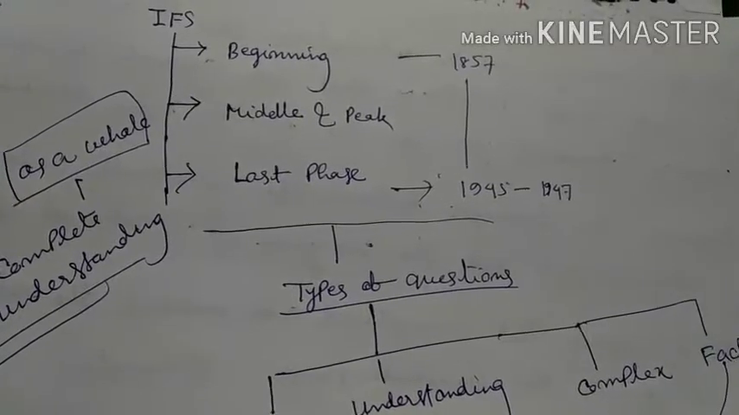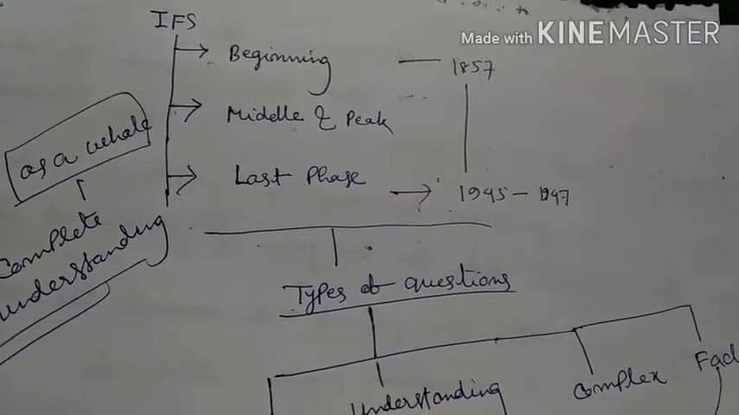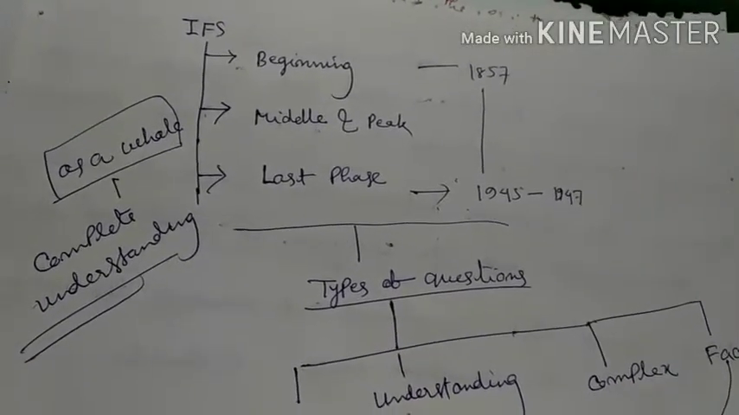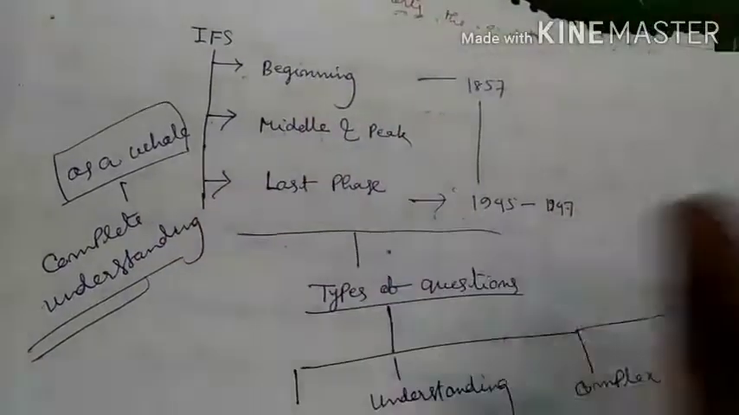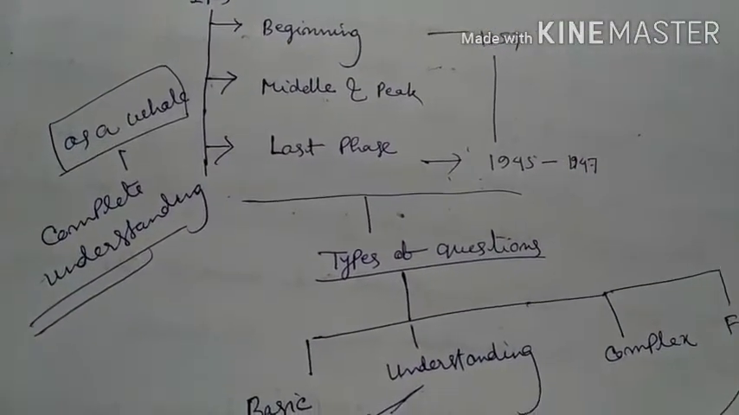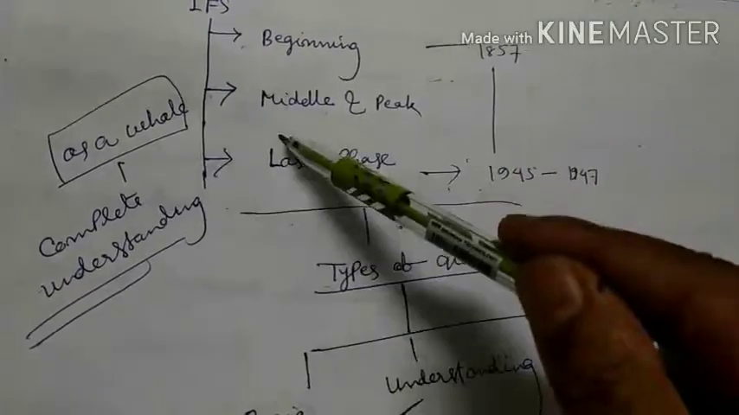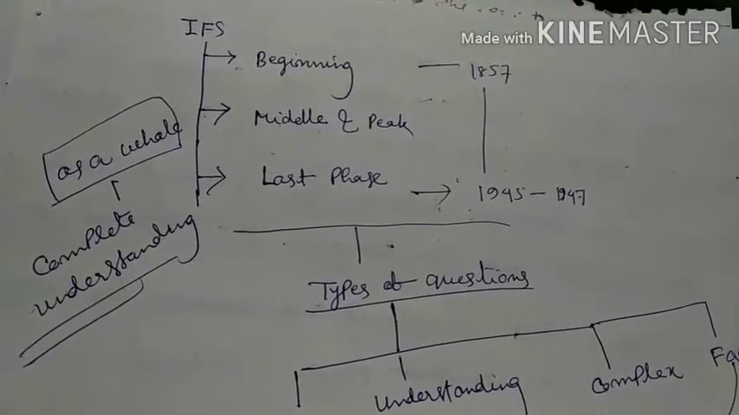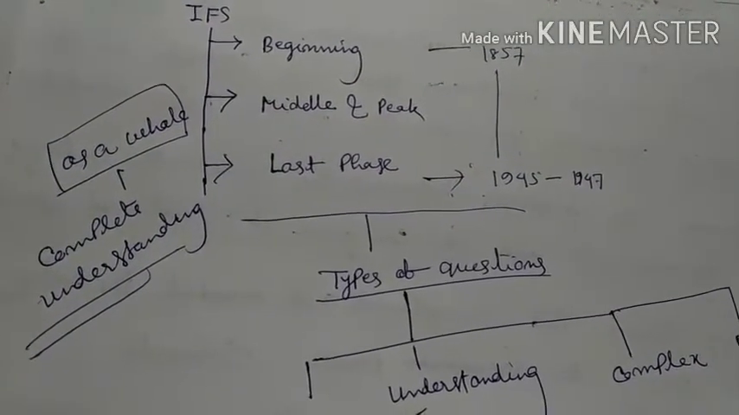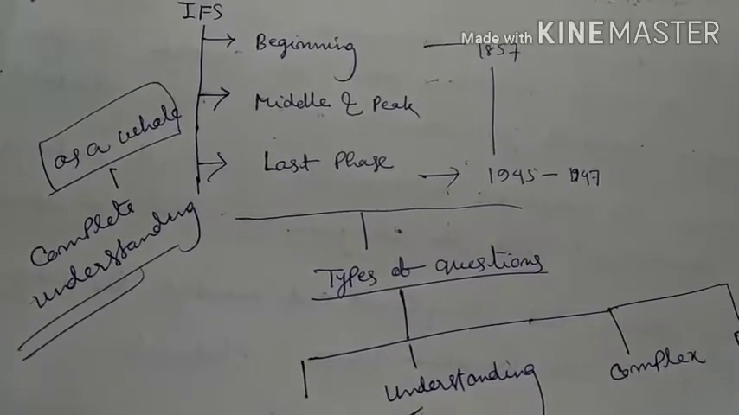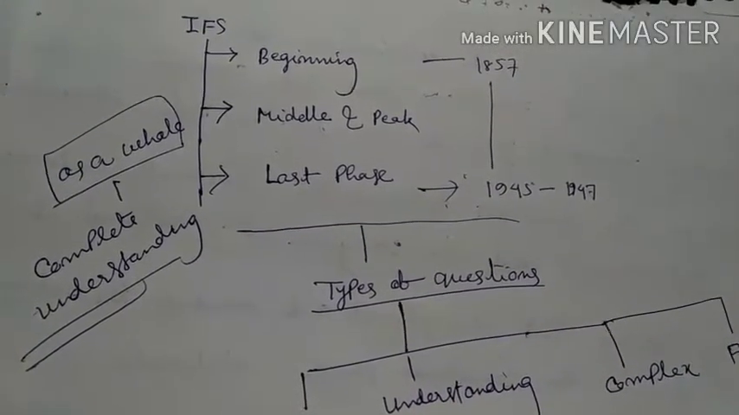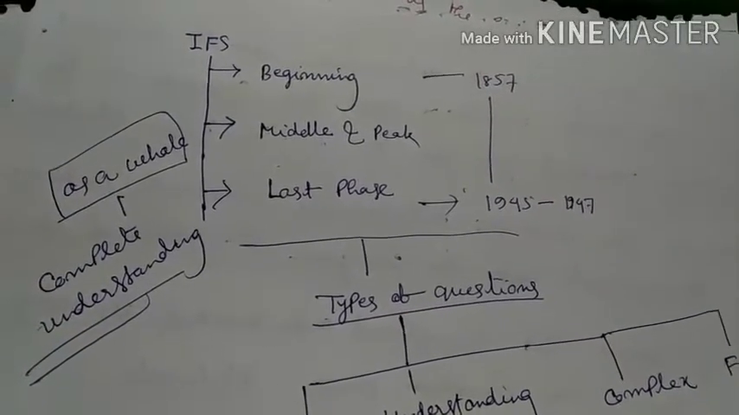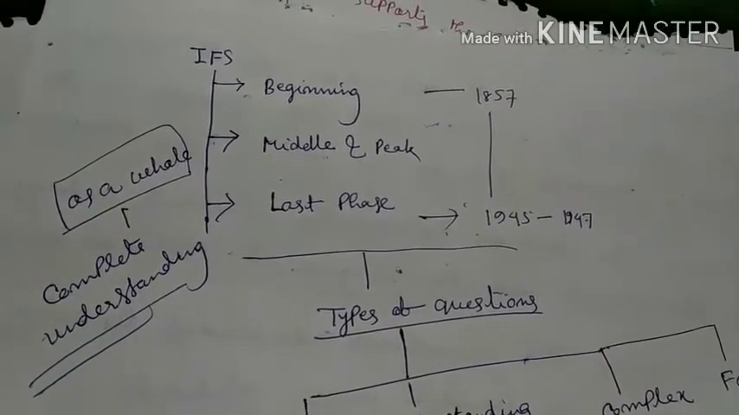So what we can gather, what decision we can arrive at: to attempt the questions from Indian freedom struggle, we must read the complete topic of Indian freedom struggle as a whole. That means we need a complete understanding of the Indian freedom struggle right from its beginning up to 1947. If you are emphasizing a particular phase like 1945, or particular persons or particular events, then it will not work, because